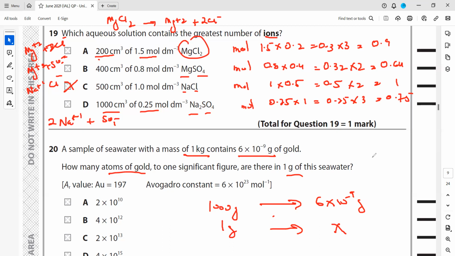And after getting the mass, we'll find the moles. Moles equals mass in gram divided by molar mass. Molar mass of gold is 197. So after getting the mass of gold in 1 gram of seawater, we get the moles. And then moles multiplied by Avogadro number, so we get the number of atoms, which will be 2 × 10^10. So first what we did, 1 kilogram or 1000 gram of seawater contains this much gold. So for 1 gram of seawater, because we want